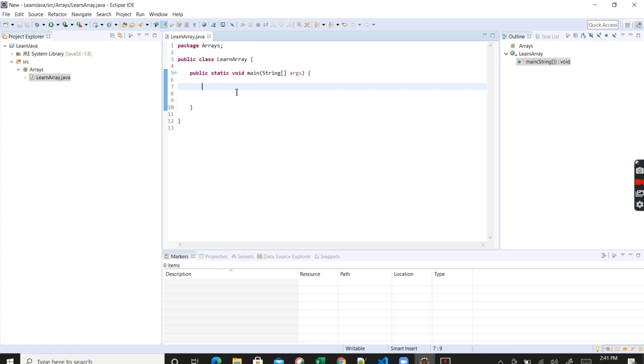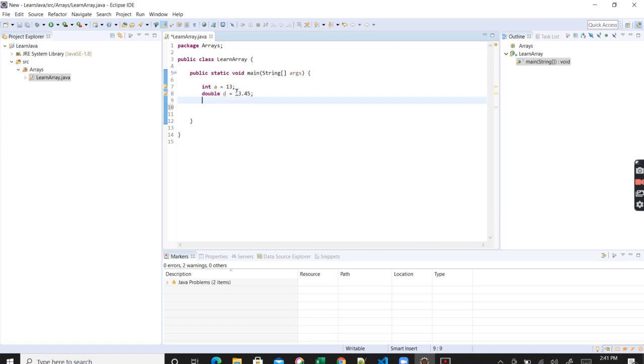So for example, if I want to hold an integer value, the way I will create a variable is I will say int a is equal to, let's say 13. Okay. If I want to hold decimal values, I will say double d is equal to 13.45.